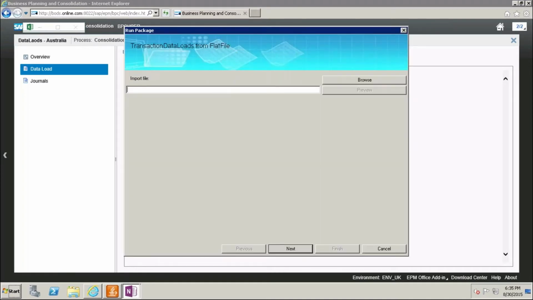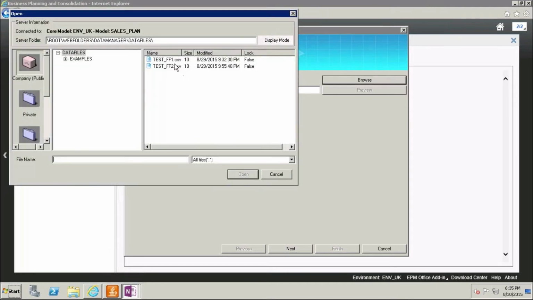See here, it automatically opened the Excel client. I did not open the Excel client earlier. It automatically opened from here and has taken you to the run package page, transactional data loads from flat file, with the import flat file.